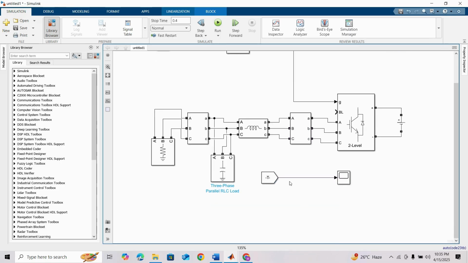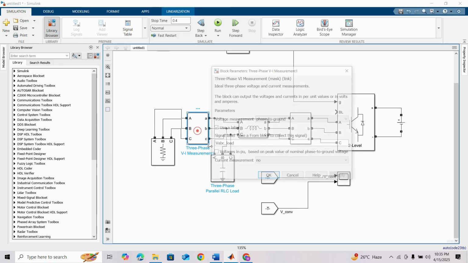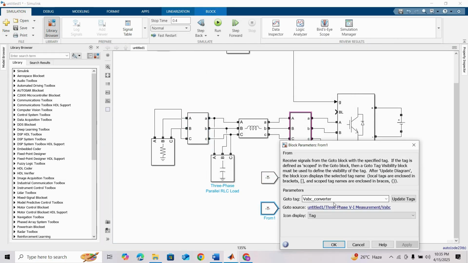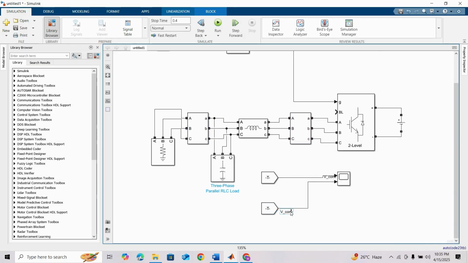And I'm setting it as the converter. Okay, and we need another From block for the load. And load, click OK, and this will be our load. Okay, now run this model,